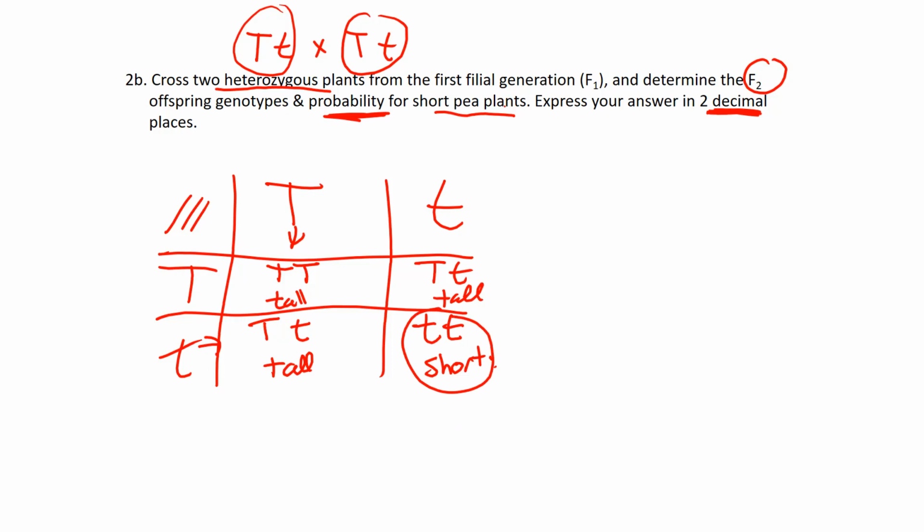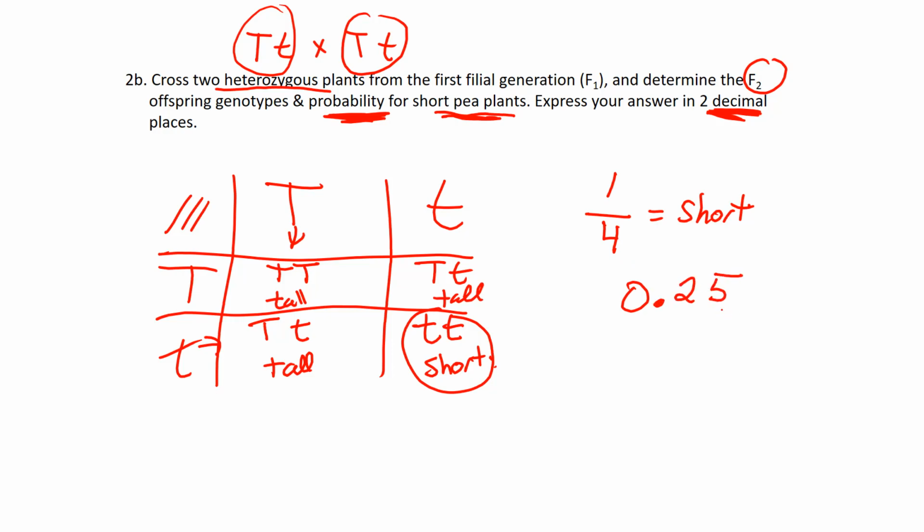Now, if we go back to the question, what is the probability of having a short pea plant? Well, we have a total of 4 different types of offspring. Out of the 4, only 1 out of 4 is going to be short. If we want that in decimals, we just divide that out. 1 divided by 4 equals